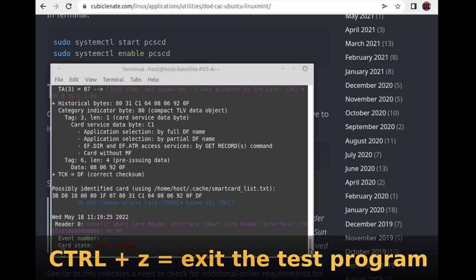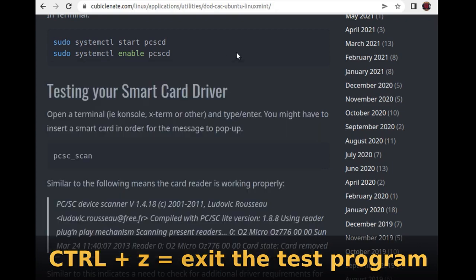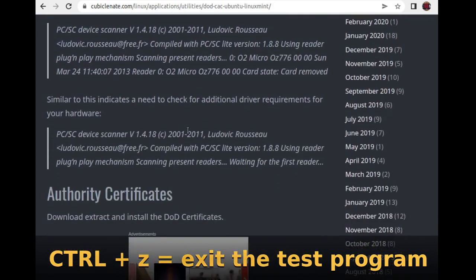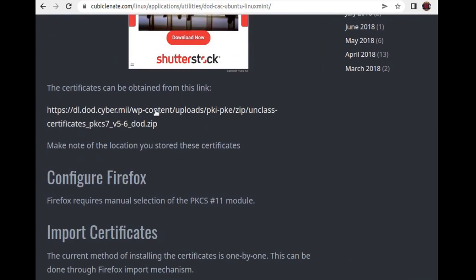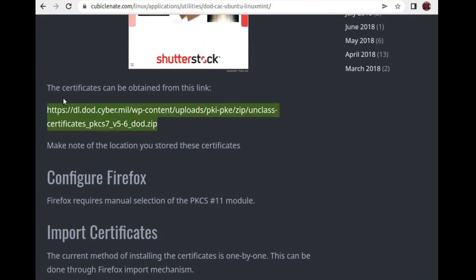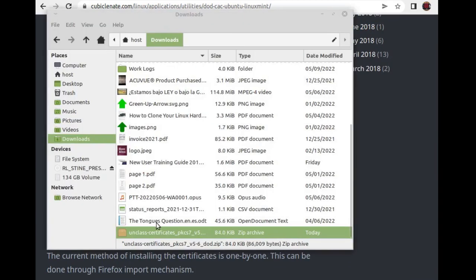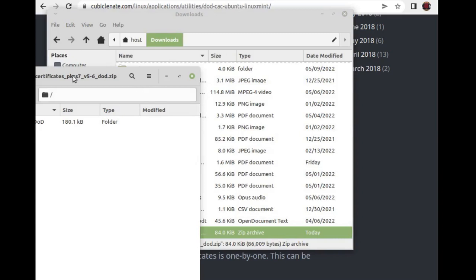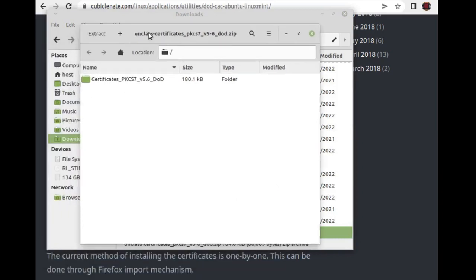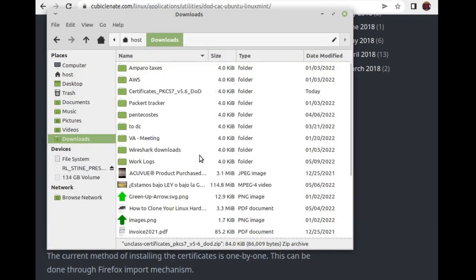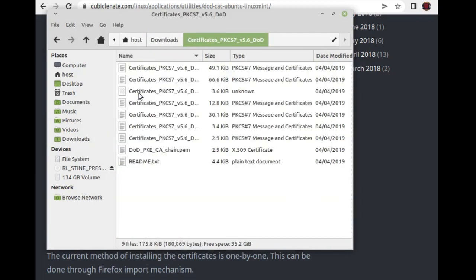First I'm gonna Control Z to exit out of here, and then for the certificates, I just continue following this same tutorial, and in here it has a zip file which I already downloaded and I already unzipped. So here is my download, and when I click into it twice, it asks me to unzip it, well, extract it. It's Linux, but unzip, same thing. And in here it is, and here are the certificates. So now I need to install them. To install them,